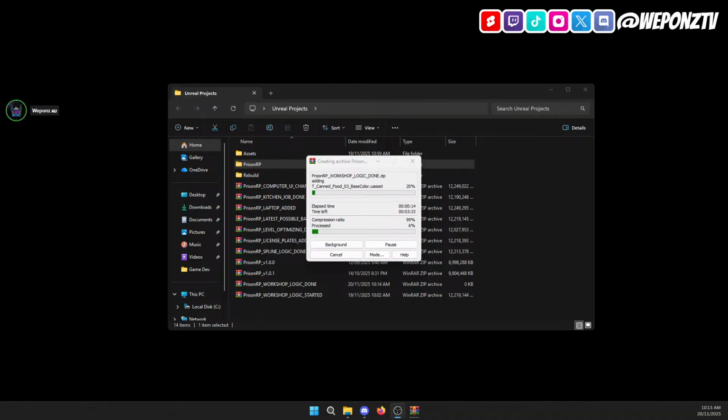But there we go. We got the workshop logic done, and now I want to try and fix this interaction logic. And then that should be done. There's those jobs done, and then all I need to do is just go through it all, make sure everything's finalized. We're not missing anything. And then I'll be able to jump in and record a short and show you the final product of the